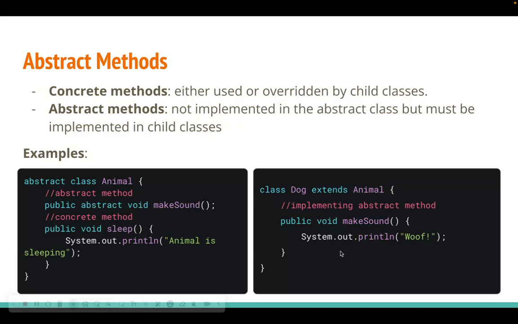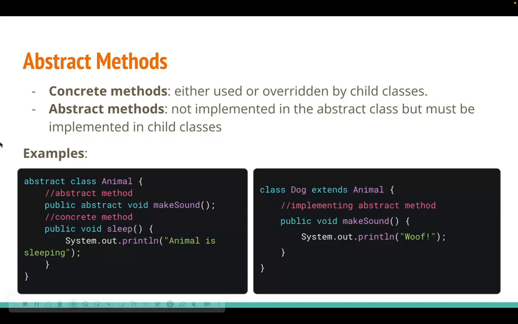In abstract classes, there can be two types of methods: concrete methods and abstract methods. Concrete methods are methods that are going to be actually defined and are either used or overridden by child classes. Abstract methods, as we saw in interfaces, are not implemented in the abstract class and therefore must be implemented in